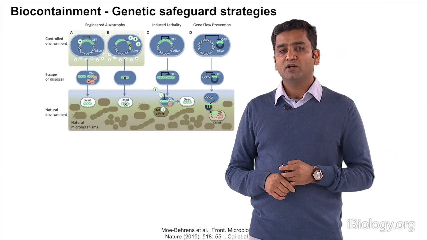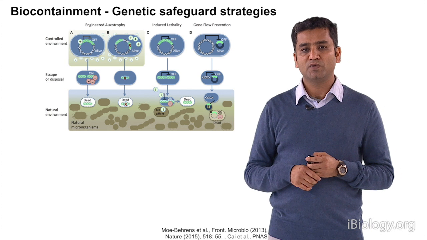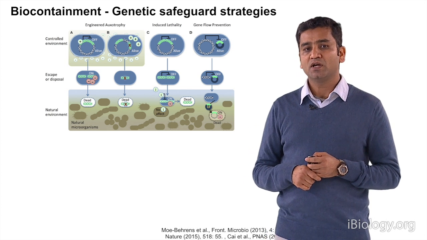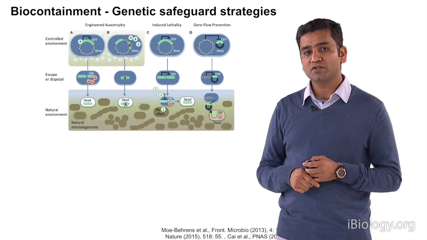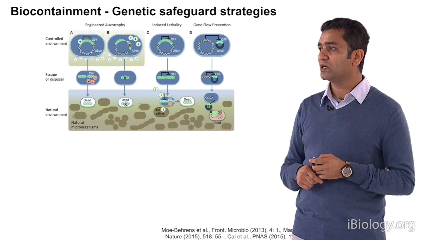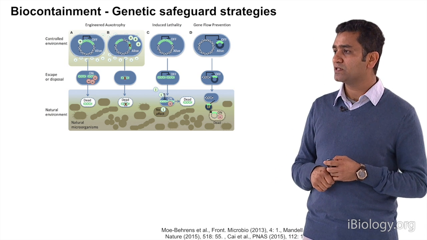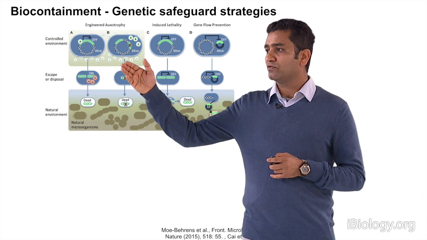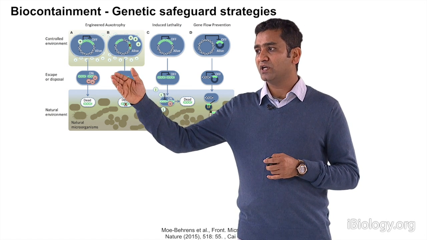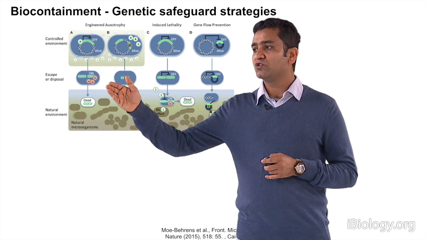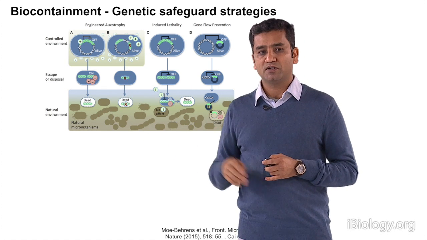As we move into the bioeconomy, researchers have started thinking about how to contain engineered organisms when they are released into the environment. Biocontainment is one of the major challenges the research community is thinking about. How do we safeguard, and what variety of strategies have people used over the years? One of them is engineered auxotrophy, where the toxicity of that particular system can be engineered, so when it is released, the cell doesn't survive because of the toxic gene expression.